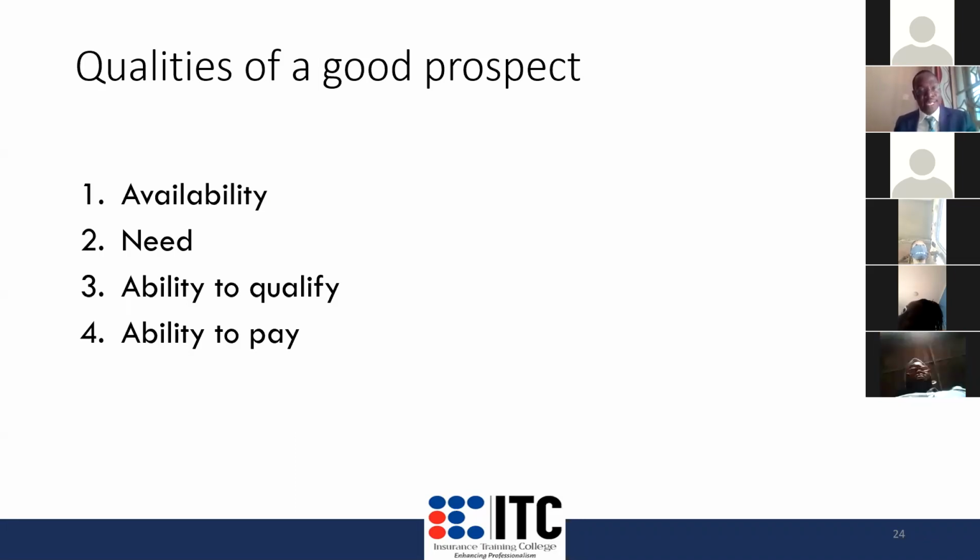Number two, the need. A client who will be very, very interested in your product is the one who has identified the need. If they have the need, they will be very interested in the product. Number three, ability to qualify. There are so many people you're going to find, they have this, but when you add them up, they cannot actually qualify. You've seen someone say, I have a client, he is age 80, but I wanted to sell him a saving plan. I wanted to sell him